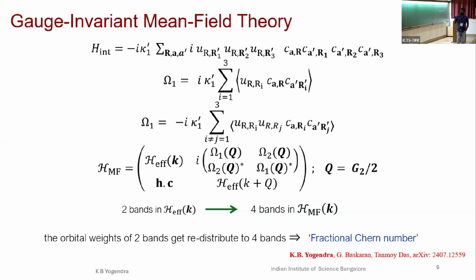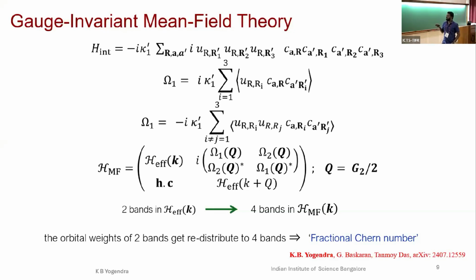So I have to follow these gauge rules, where I have to take care of the gauge freedom residing in these two bonds. So here is a mean field Hamiltonian, where this effective Hamiltonian is a 2 by 2 Hamiltonian, and then I am taking some general mean field terms with some density kind of